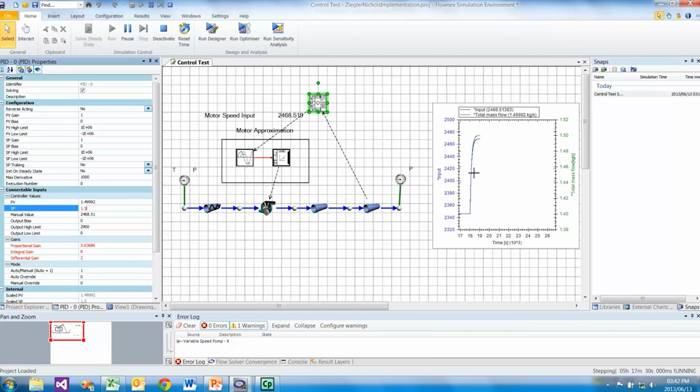And we can see a very nicely controlled system that goes to our set point value in a very controlled and smooth manner, exactly what we want.